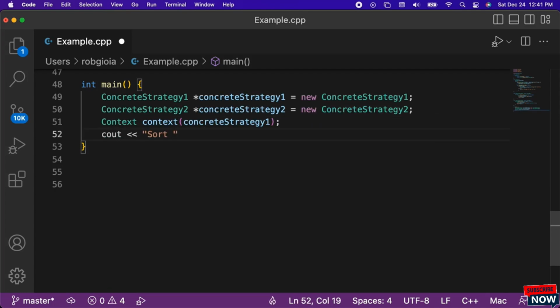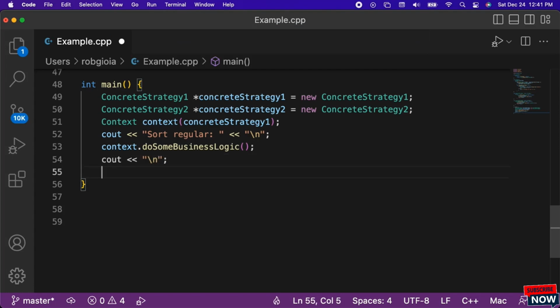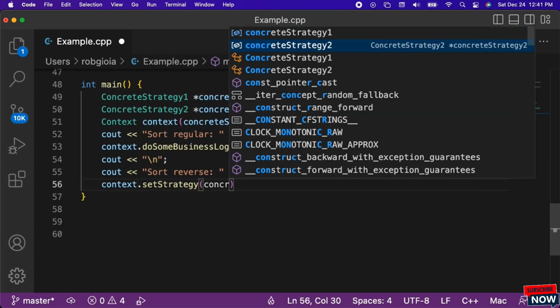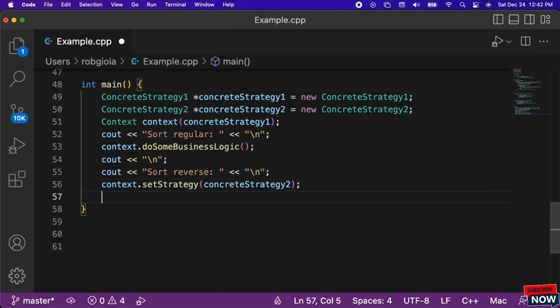After that, we will output the string sort regular and then a new line to the console. Then we will call context.doSomeBusinessLogic. Next, we will output a new line to the console, and then print out sort reverse, and then a new line to the console. After that, we will call the context's setStrategy function and pass in concreteStrategy2. Finally, we will call